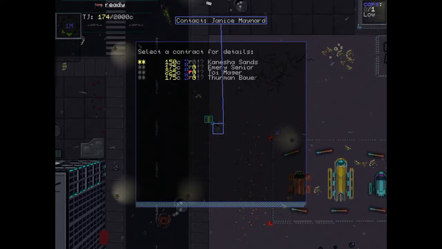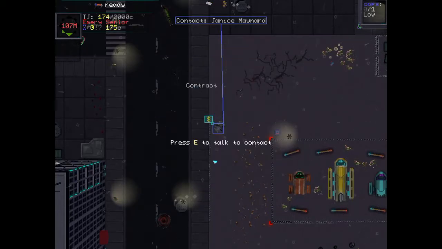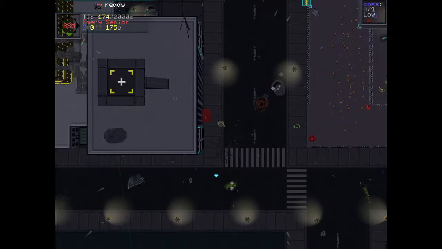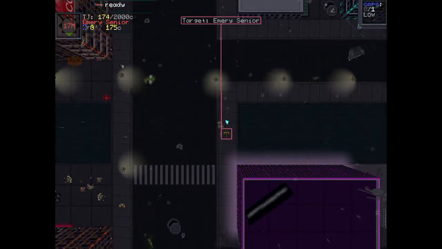Let's pull up some more contracts here. Let me show you one of the timed ones. Yep, you have to kill quickly. So you can also just murder random people and take their wallets, but